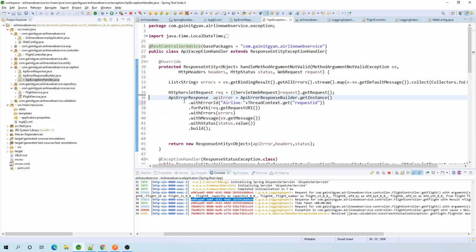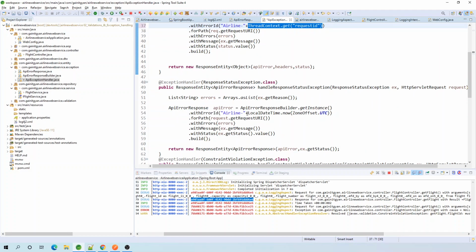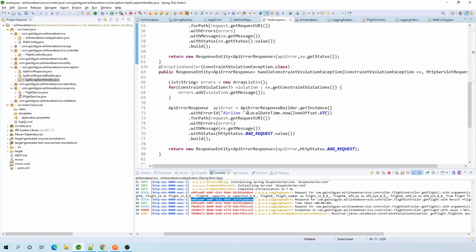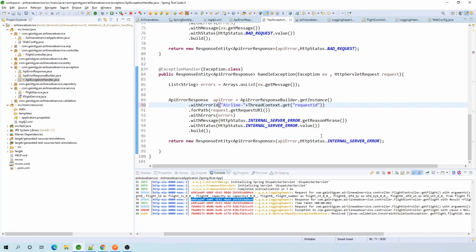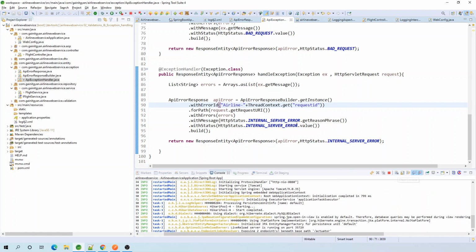And the same thing I can do with all the other information here, like this, and also here. We have more. Yes, we do have for the global exception. Perfect. Now if I save this,